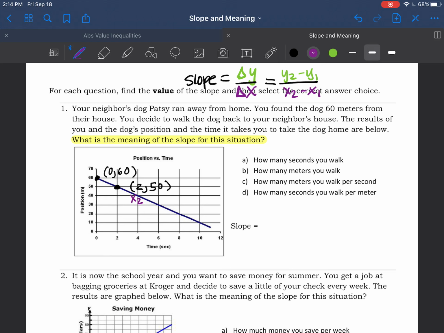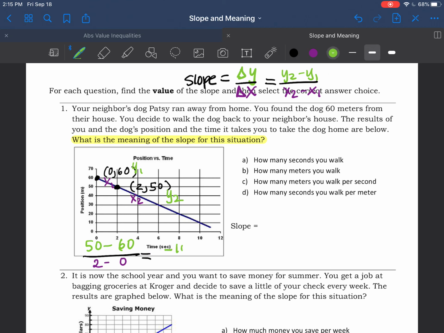So if I call this x2 and this x1, this y2 and this y1, nope, can't do that. Don't switch them. y2 minus y1 over x2 minus x1